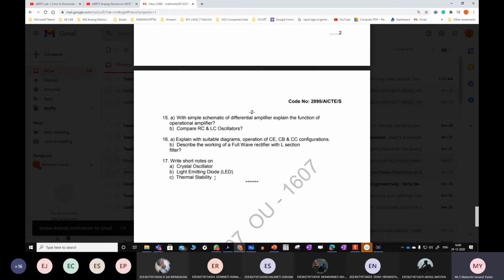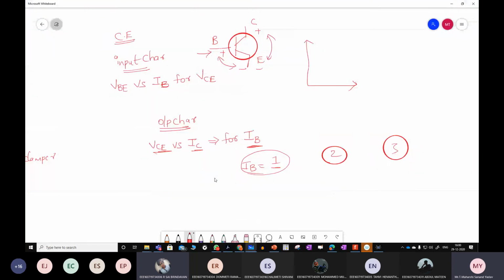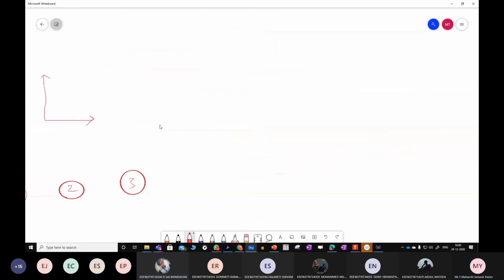Thermal stability. Temperature. With an increase in temperature, what are the effects that you have observed? Thermal stability is important, 100% you will get that. So first, if temperature is increasing, minority carriers vary with respect to temperature, because of which ICBO will increase.